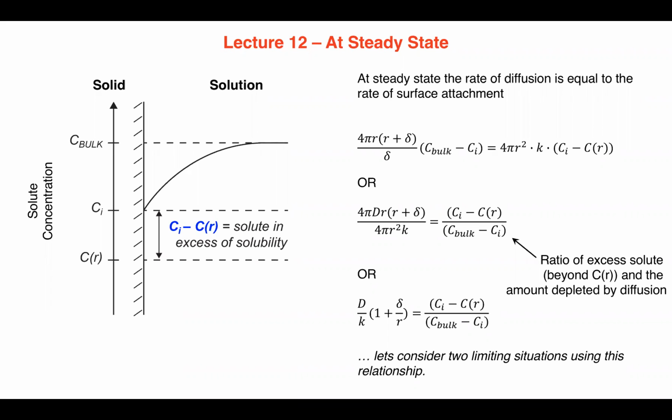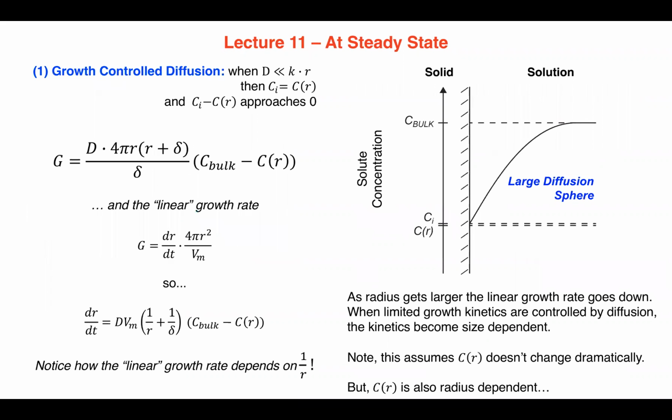All right, so let's consider two situations. One is where the diffusivity is very, very small, okay? And it's actually much smaller than the product of this attachment rate constant and the radius. Under those conditions where diffusivity is really, really small, basically diffusion is going to be the thing that dominates the growth kinetics, and it's going to push this CI down towards the solubility of the particle, okay? So that quantity CI minus CR goes to 0, and